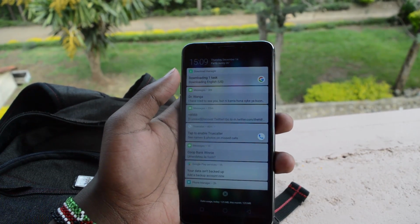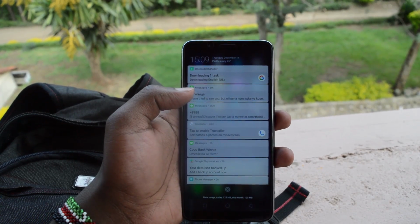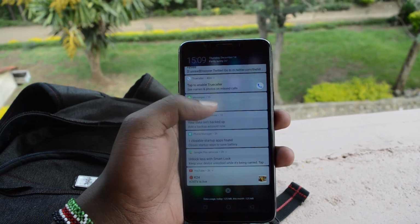The notifications in this Oppo phone are a mess. Look at that, it doesn't group notifications from the same app together. Everything is just presented to you in a long, annoying list. Not cool. But if you can look past that, then you'll have enough time to look at